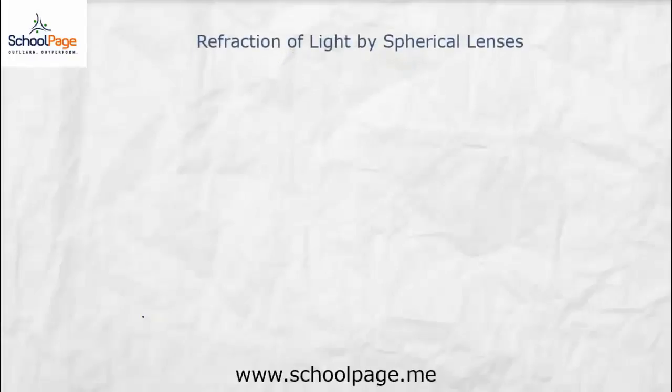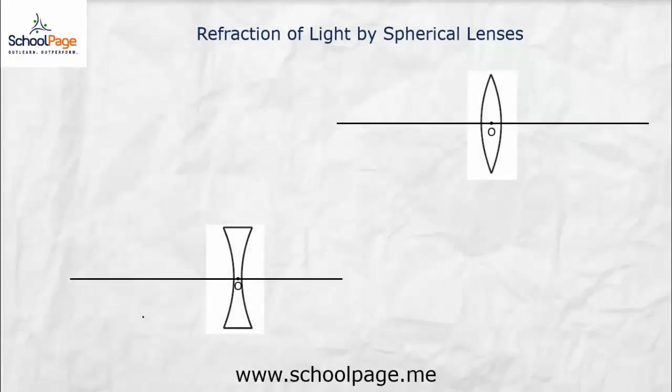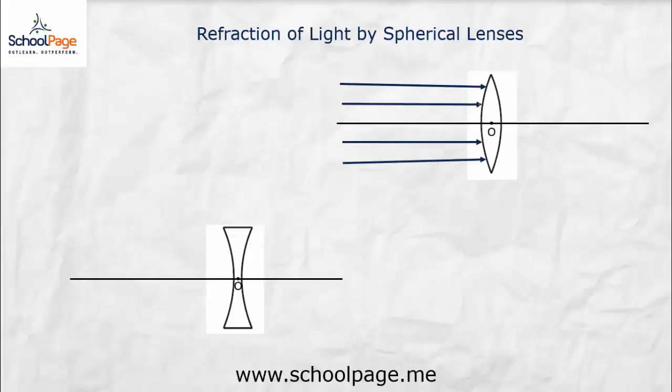Let us understand refraction of light by spherical lenses. These are the two spherical lenses, a convex lens and a concave lens. Suppose many rays of light parallel to the principal axis are falling on a convex lens. These rays of light, after passing through the lens, get refracted according to the laws of refraction. All the rays after passing through the convex lens converge at the same point on the other side of the lens. This point is the principal focus